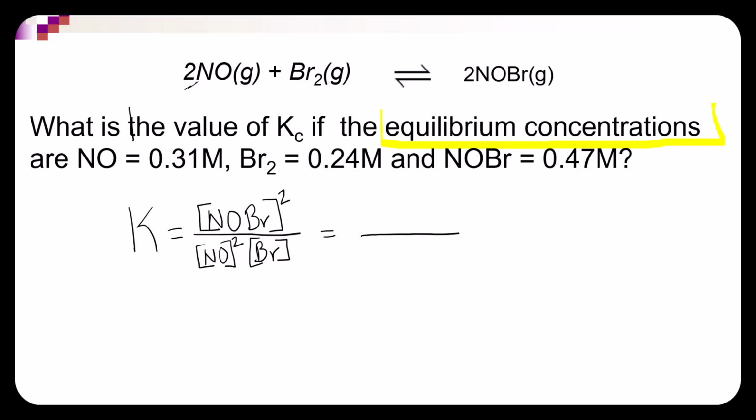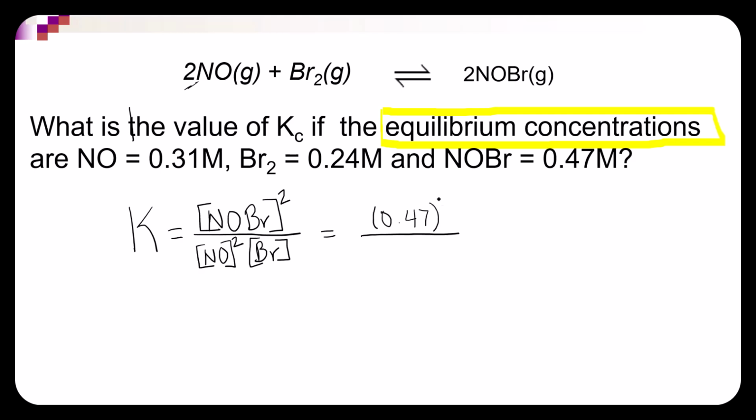So this statement right here tells us that we are at equilibrium, right? So we can just plug it into this equation. We don't have to do any extra work. As problems get more complex, having a statement like this and being able to recognize it is going to be really important. So at equilibrium, our concentration for NOBr, so